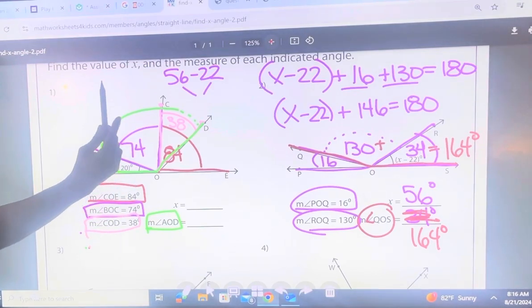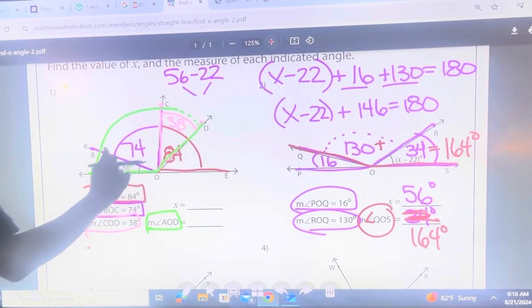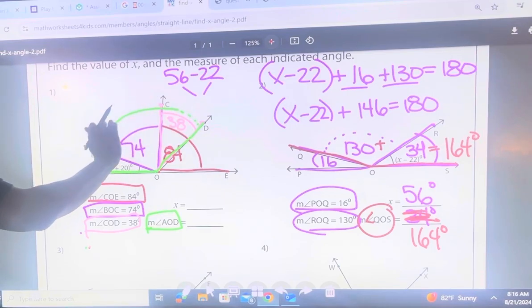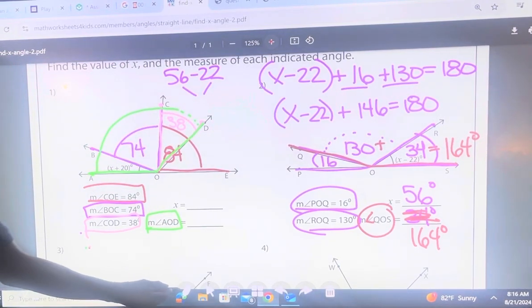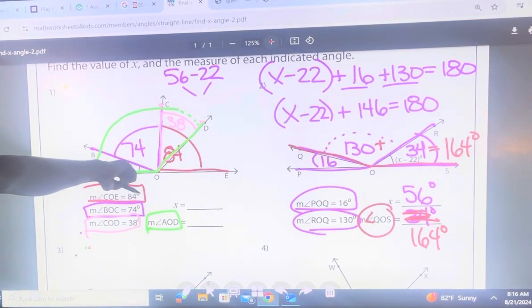and you're going to set it equal to what? 180. And then that's going to give us everything here in green, AOD. So let me write it up here first, and then transfer it. So we need this x plus 20